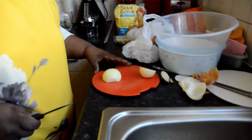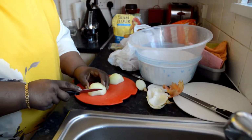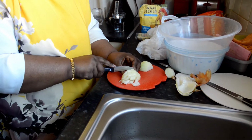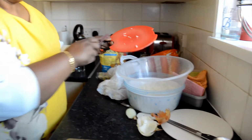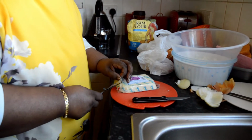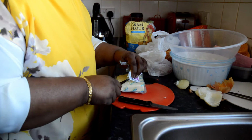So this, I think we'll do it really fine. We'll chop the onions up. Not too big, not too small, we'll just dice it, I think. If you can't find paneer in your shops, just ask for Indian cooking cheese. It should be the same thing. I think paneer is the name of the brand, isn't it? It's slightly different cheese, but